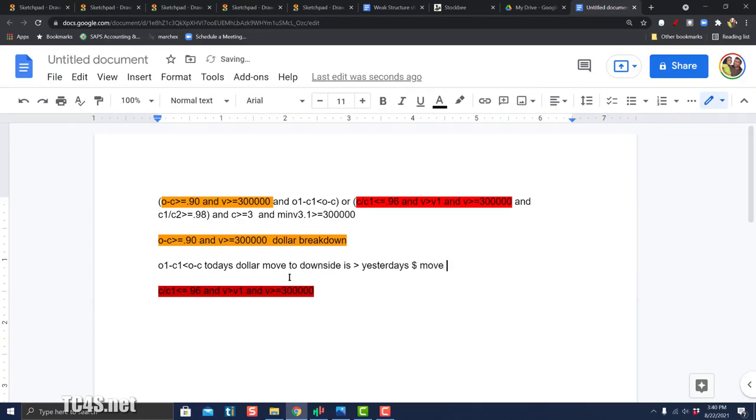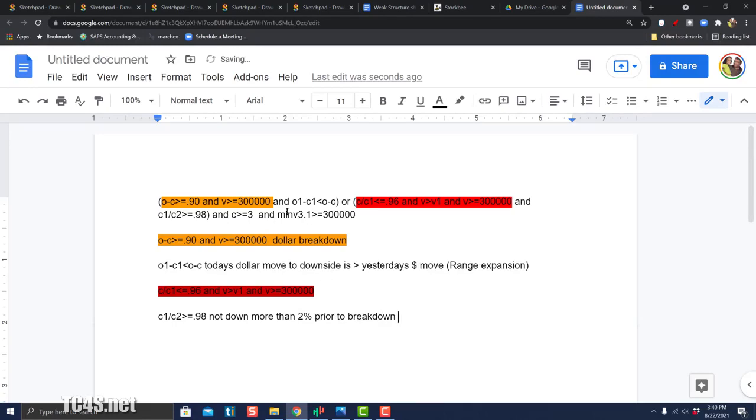So that way it essentially tells you that there was a range expansion to the downside. Now in this case this is a 4% breakdown. The filter here is because you don't want to short a stock which is down 2 days in a row. So this filter basically makes sure that the stock is not down more than 2% prior to breakdown.